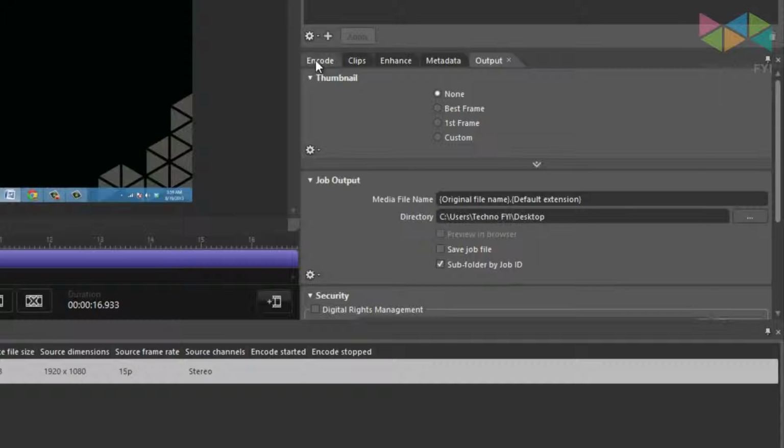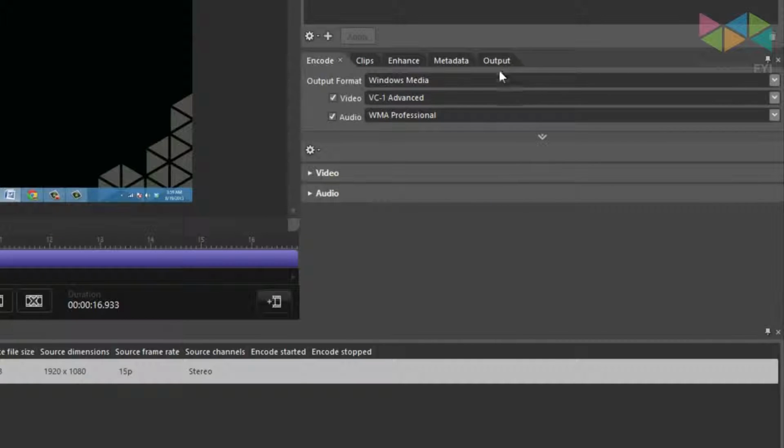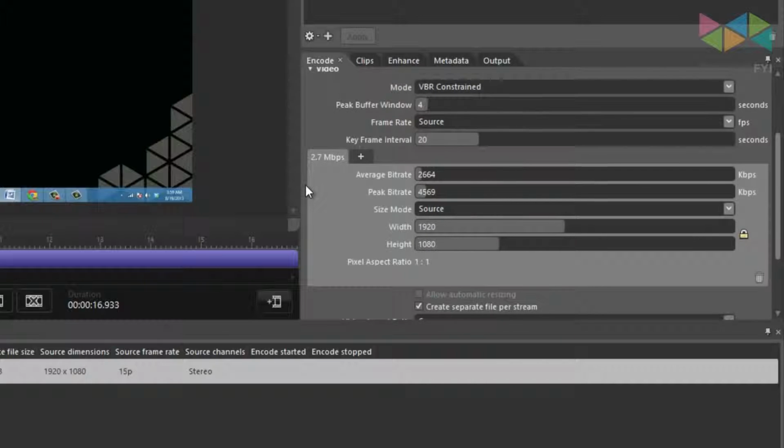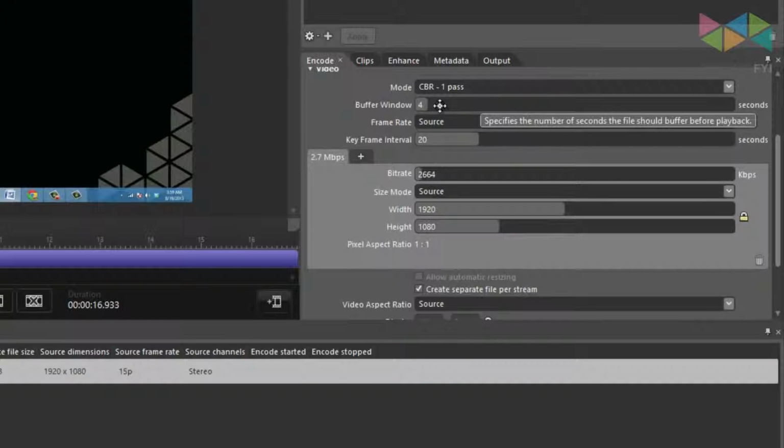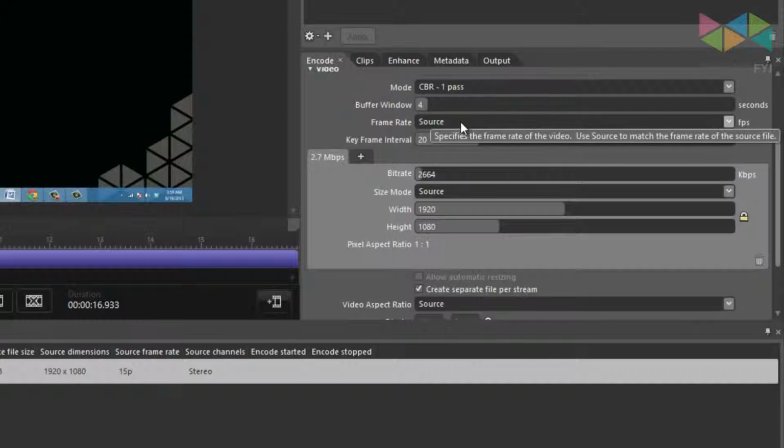Now click on the Encode tab, which is opposite of the Output tab. You'll skip past this Output Format section, since there's not a whole lot you can change in there anyway, and expand the Video section. Here you'll be modifying some of the video encoding settings, the first of which will be the mode. For this, you'll want it to be at CBR 1 pass, the buffer window can stay at 4, the frame rate can stay at the source, so nothing will change, and the keyframe interval can stay at 20. You'll want the bit rate to be 30,000,